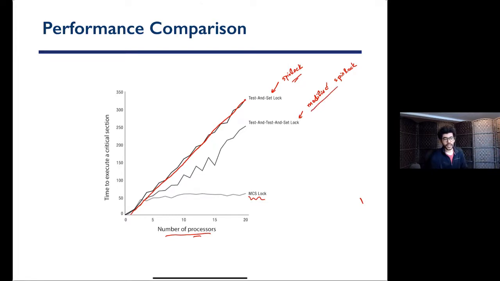When we modified it, it's a little bit better because most of the time they're just acquiring that location as read-only. But every time the lock is freed, then everybody wants to get it as shared. So it's still bad. And with MCS, as you can see,